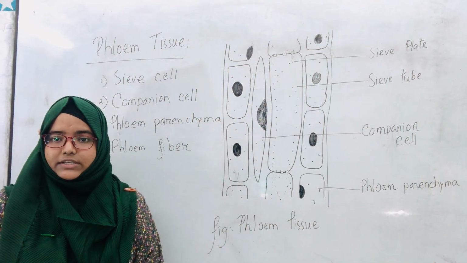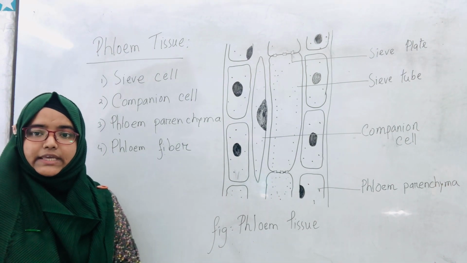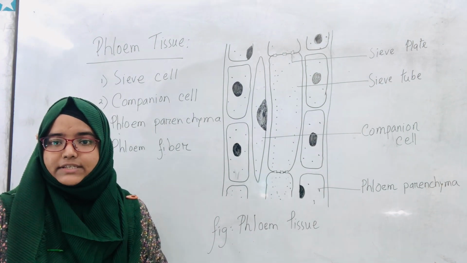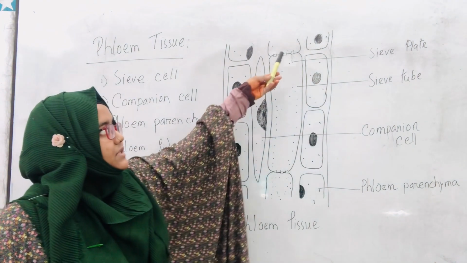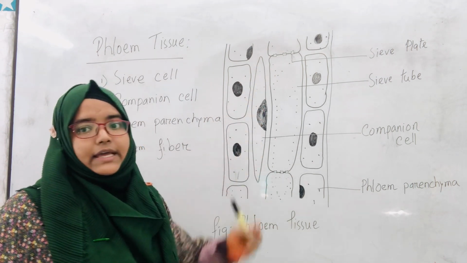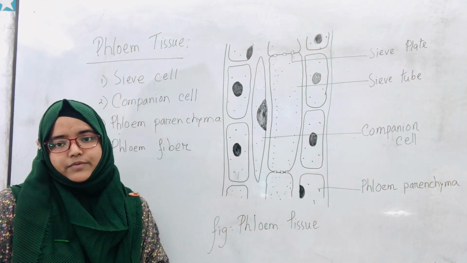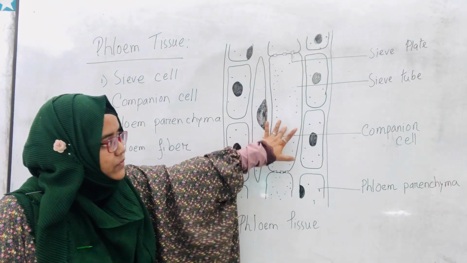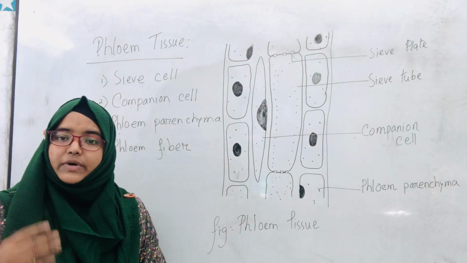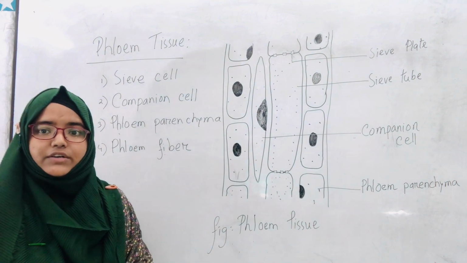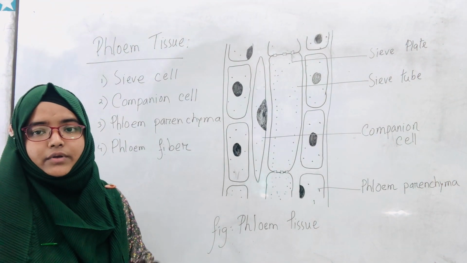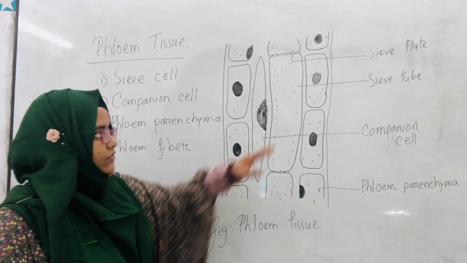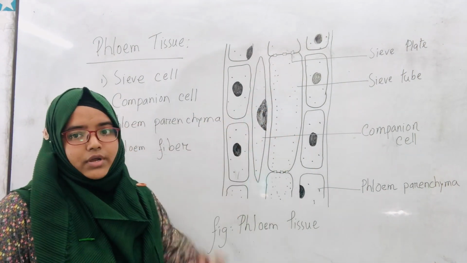Sieve cell is one special type of cell. The sieve cells match end to end and form a tubular-like structure. The portion where two sieve cells match together is called the sieve plate, and the protoplasm of the sieve cell is always located at the side, so that a hollow lumen is created which helps to pass the food. The main function of sieve cell is to produce food or transport the produced food to different parts of the body. They do the function with the help of this portion.